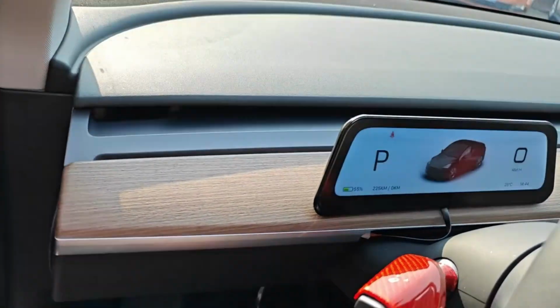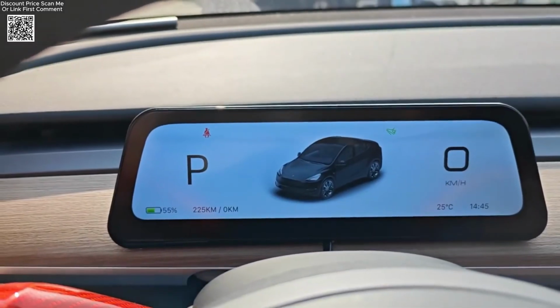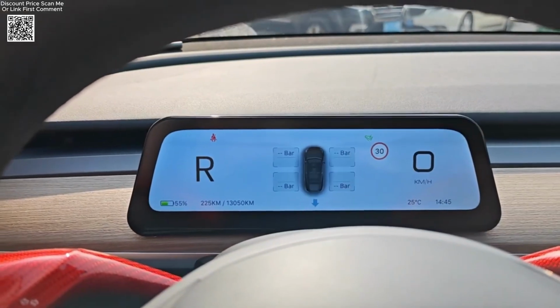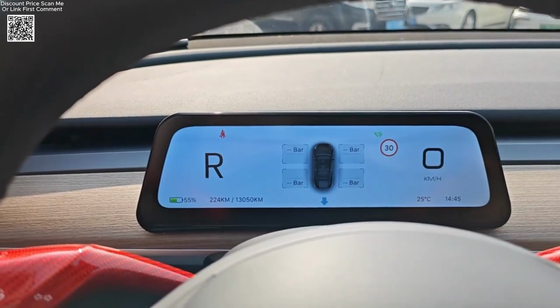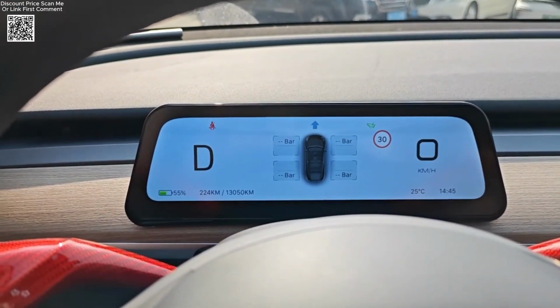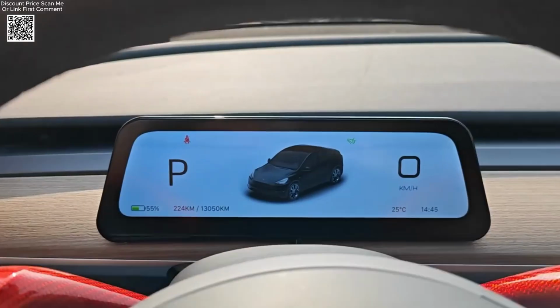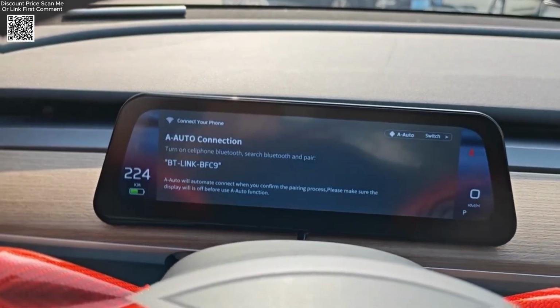The new head-up display, 9.6-inch for Tesla, is a revolutionary upgrade designed to enhance your driving experience, specifically for Tesla Model 3, 2016 to 2023, and Model Y, 2020 to 2024. This sleek device delivers essential information right within your natural line of sight, making your drive safer and more connected